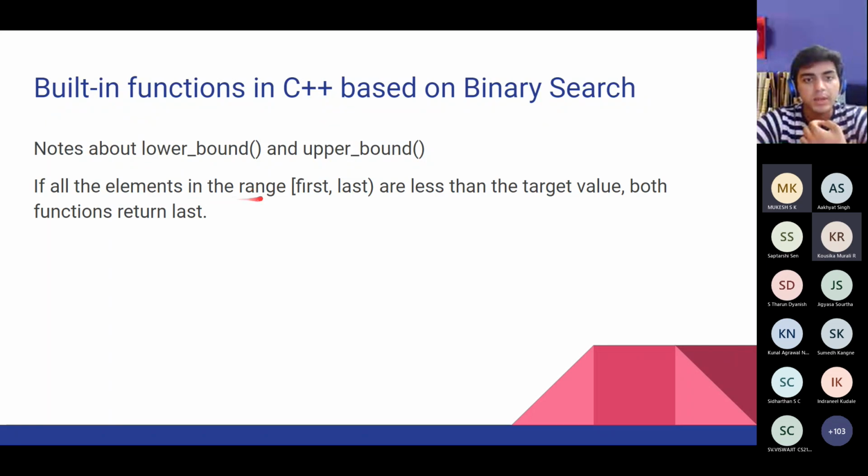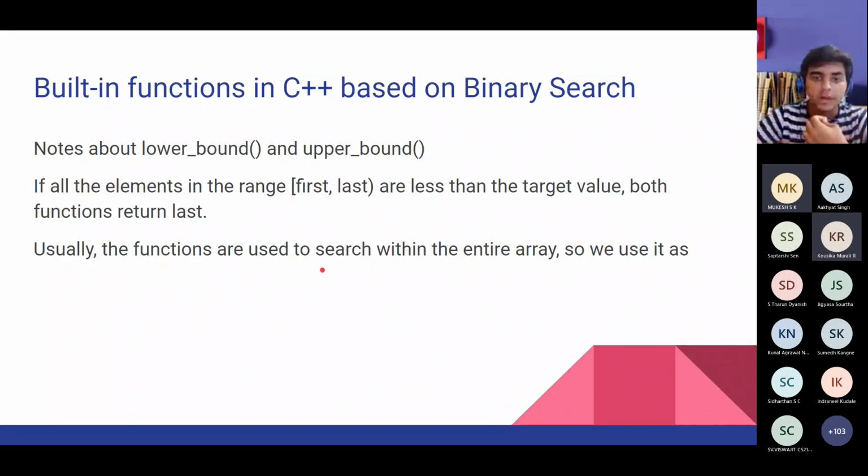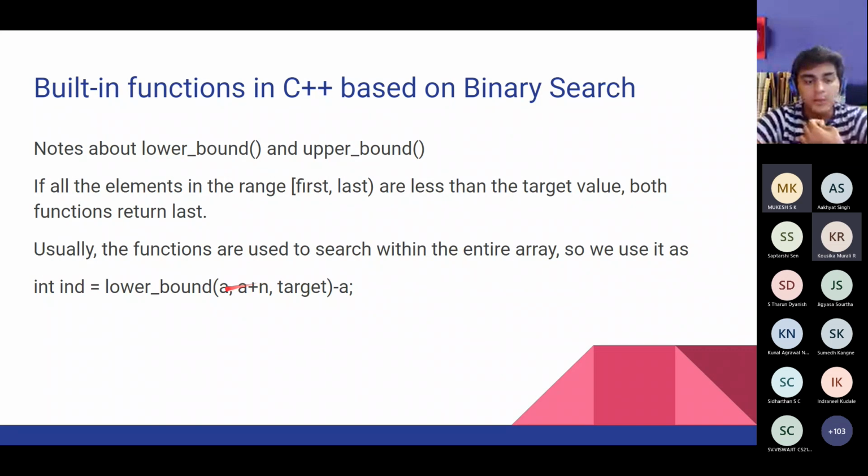And we have some notes about lower bound and upper bound. If all elements in the range first to last are less than the target value, then upper bound and lower bound don't find anything, and the function returns the last pointer, A plus R. So if we plug in those values, the index we get is R. And usually these functions are used to search within the entire array. So we use these functions as